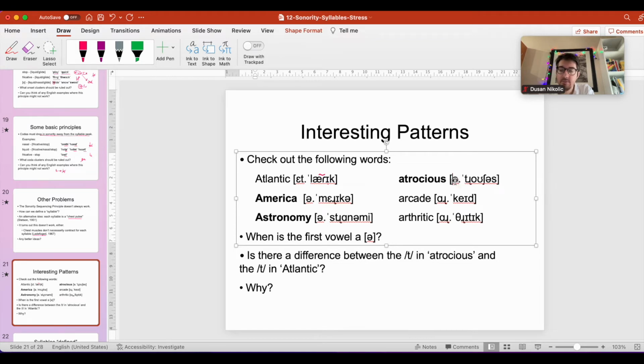All the words that start with a schwa, right? They are their own syllable, and they precede the stressed syllable. But all the other words that do not start with schwa have a coda consonant, right? They also precede the stressed syllable, but they have a coda consonant, and this coda consonant is different from what we could see in a stressed consonant. Atrocious, Atlantic, right? Here we can even have a glottal stop, maybe something like this, as our consonant over here.